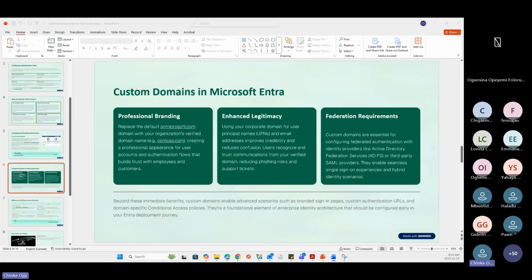Those are custom domains. Now, Microsoft gives you what is called an initial domain, a default domain, which is the .onmicrosoft.com domain. Once you create a tenant, that is created for you automatically. But you have the ability to buy your domain and add it into Microsoft 365, using it to create